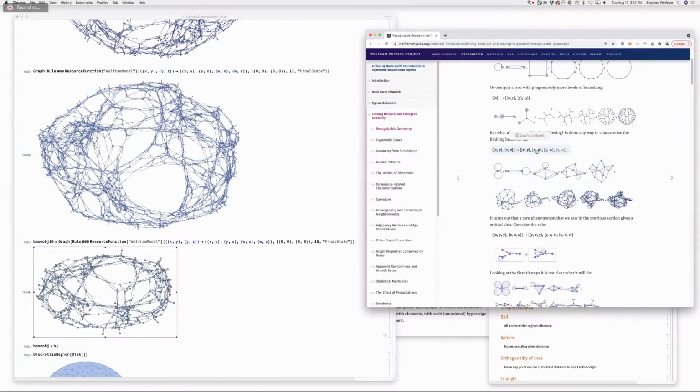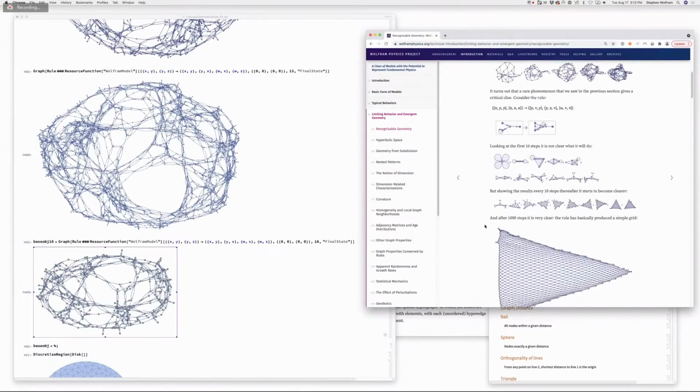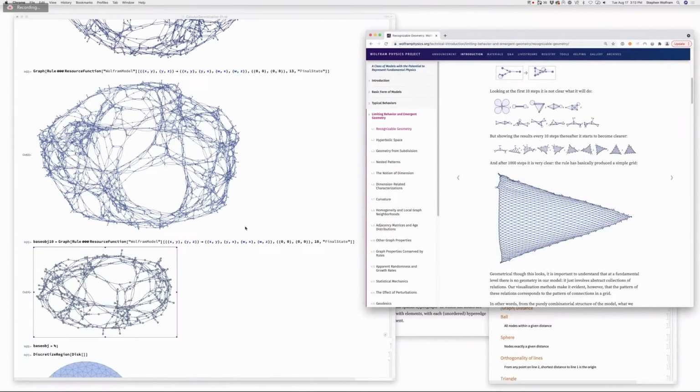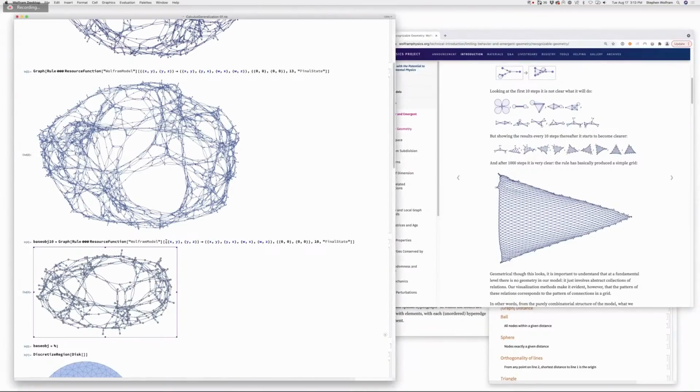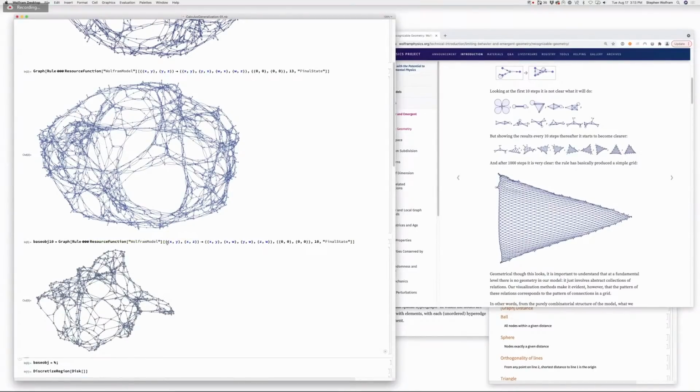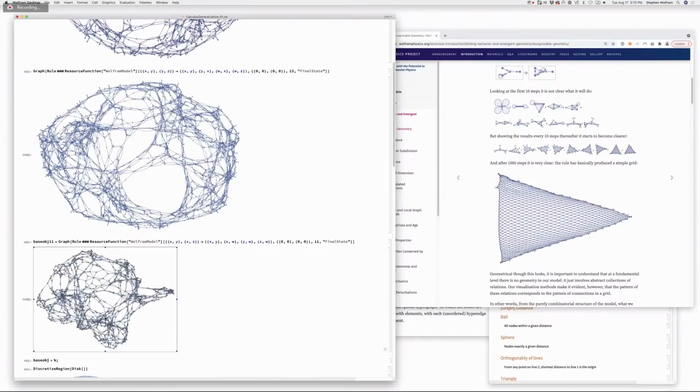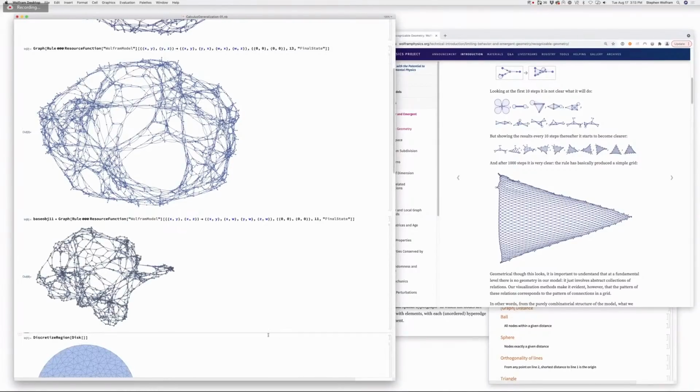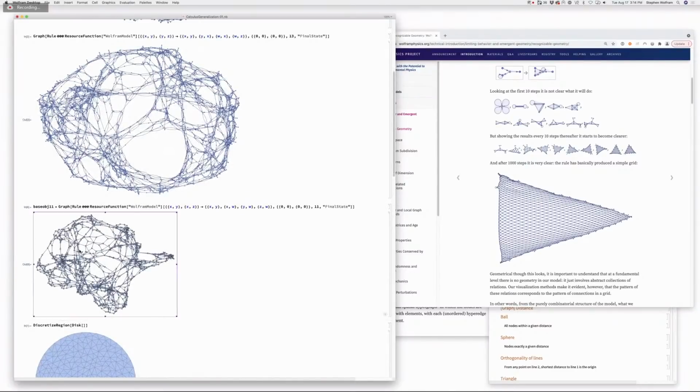Does this have an all-time favorite rule? Maybe we should just take that all-time favorite rule, not one that does something like this. Okay, I like that one. All right, let's try taking the 11-step version of that. I mean, it can be anything, but let's just take this. Okay, so now